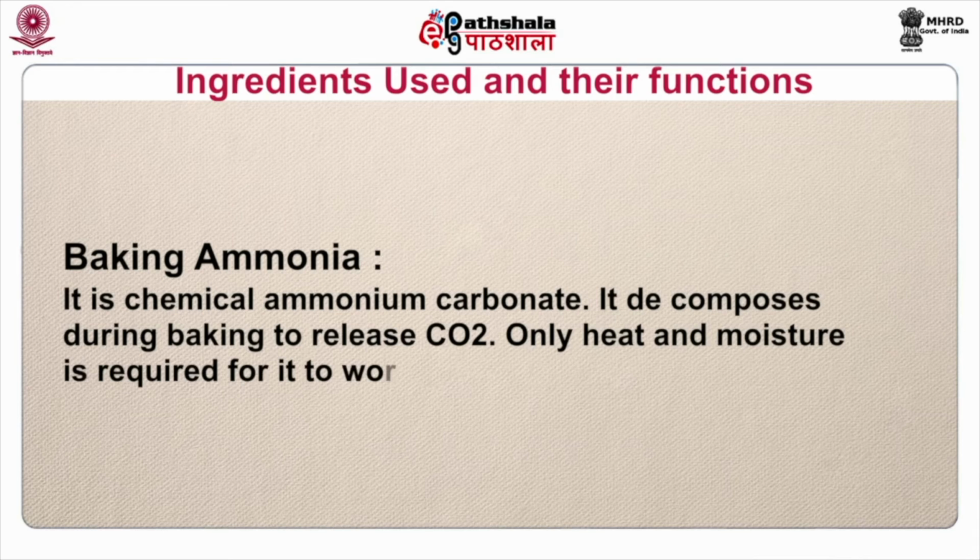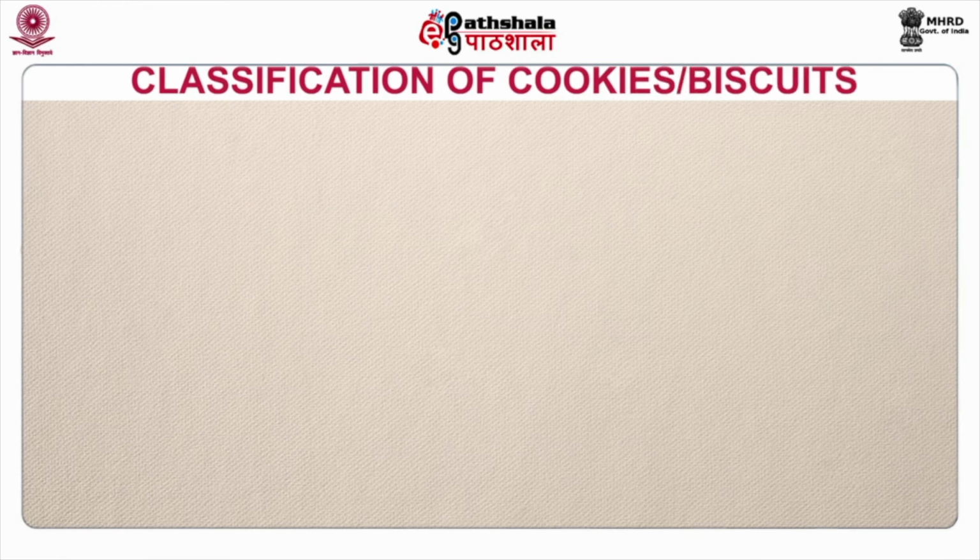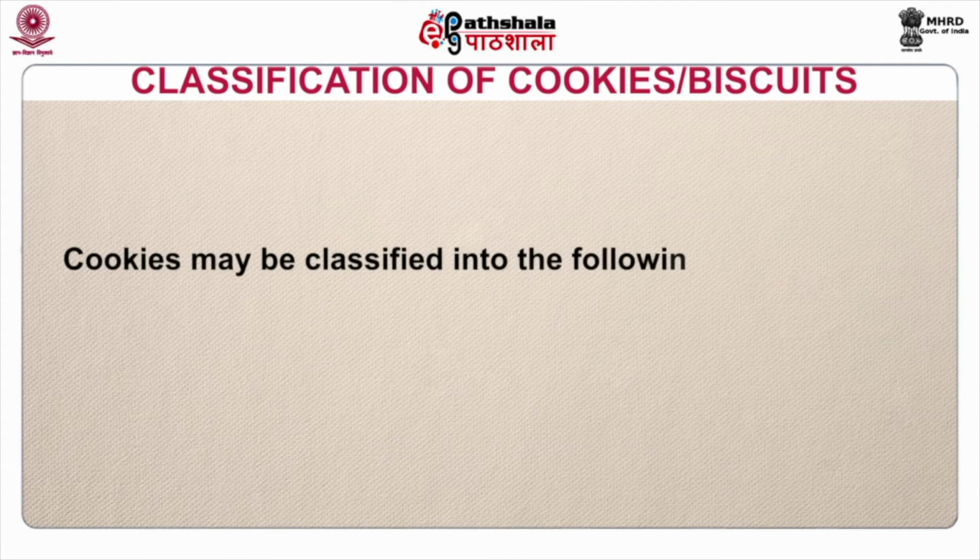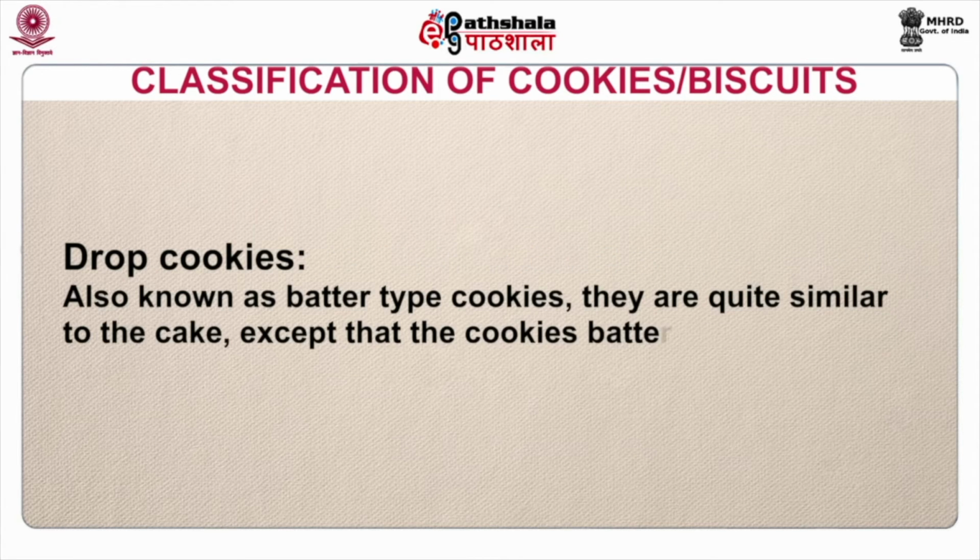Baking ammonia. It is the chemical ammonium carbonate. It decomposes during baking to release carbon dioxide. Only heat and moisture are required for it to work. Classification of cookies and biscuits. Cookies may be classified into the following categories. Drop cookies,